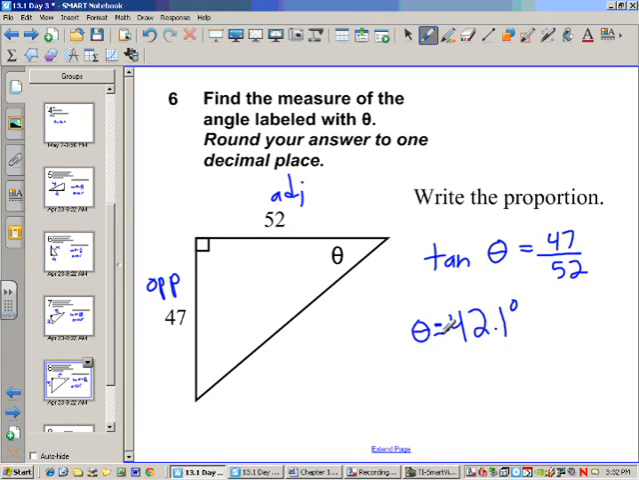All right, hopefully that helps you understand how to find angles from a